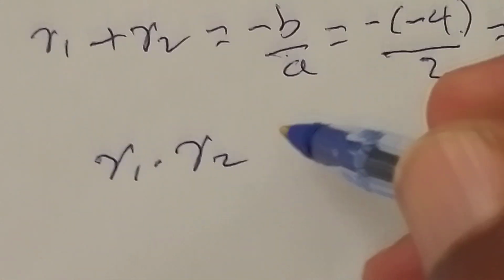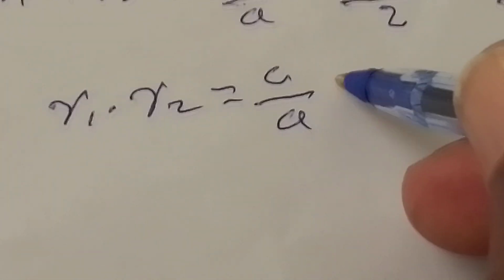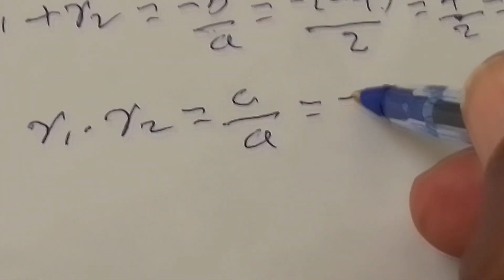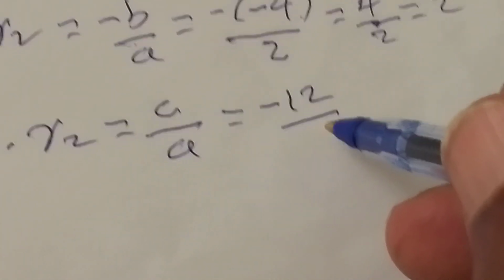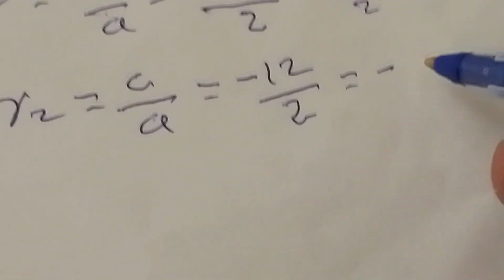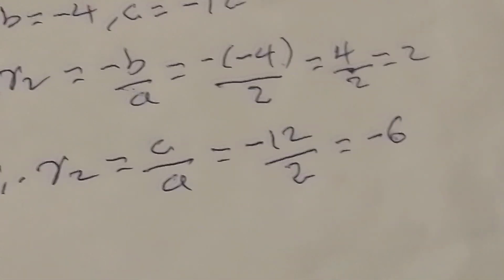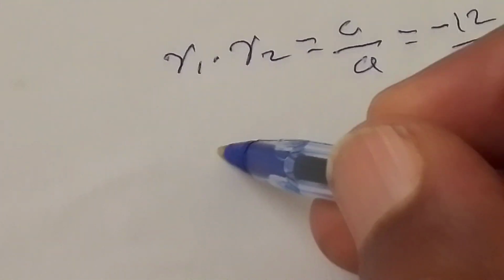And next, r1 times r2 is equal to c over a. c is minus 12 over a is 2, which is negative 6. r1 times r2 is negative 6. And again, r1 plus r2